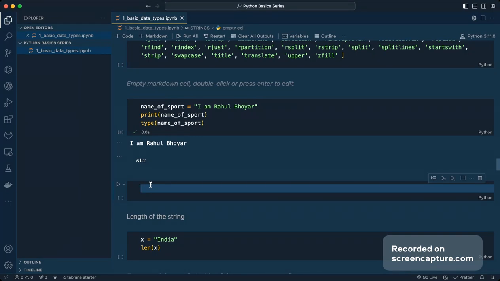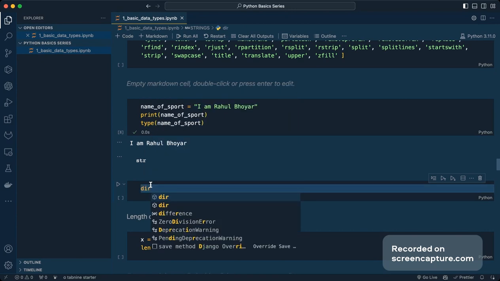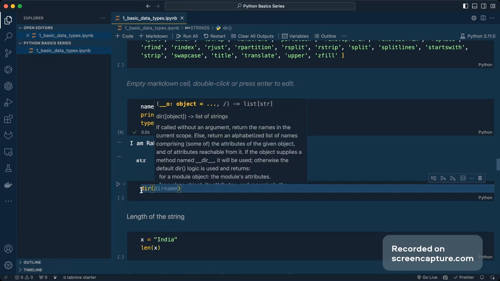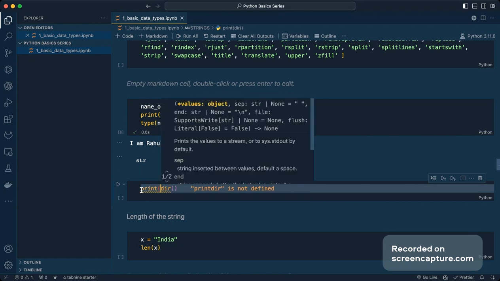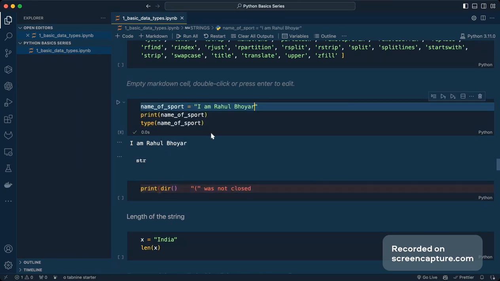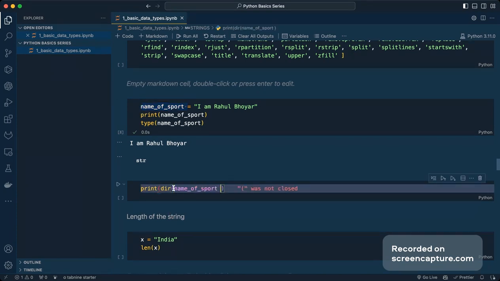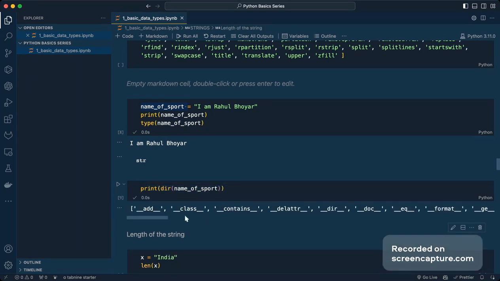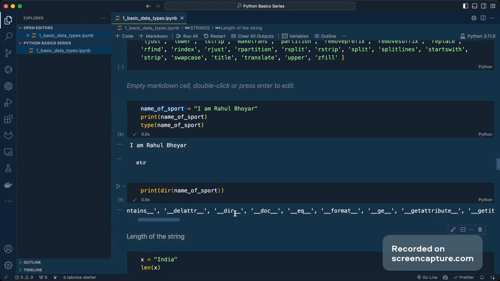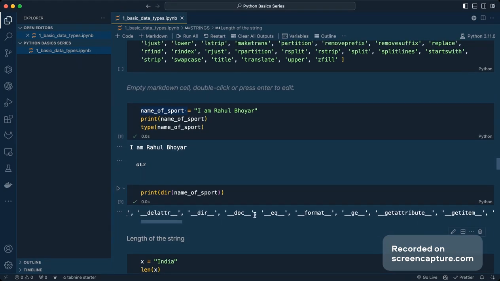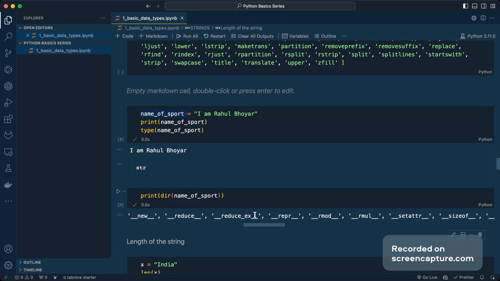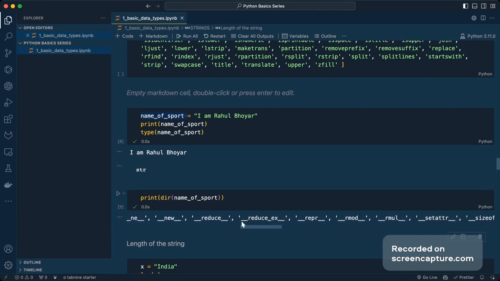In Python, I simply have to print dir of this object. It's a function to look for all the methods related to this object. You can see this class contains dir, doc, eq, format, and all of that. And apart from that, all these methods which have double underscores are called